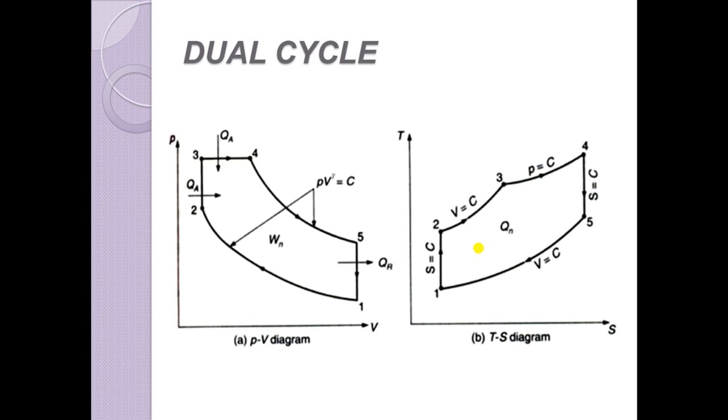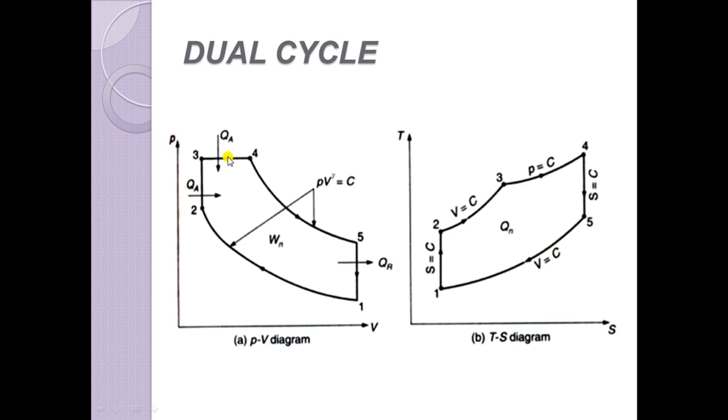Dual Cycle. This cycle is a combination of Otto and diesel cycles, consisting of one constant pressure, two constant volume and two isentropic processes as shown in the figure. Heat is added partly at constant volume and partly at constant pressure. The heat is supplied and rejected by means of a heat source and sink alternatively brought into contact with the cylinder head. This cycle takes benefit of both Otto and diesel cycles.